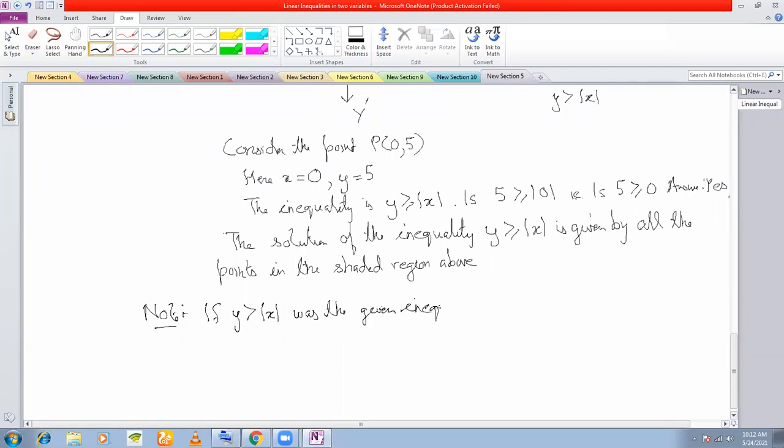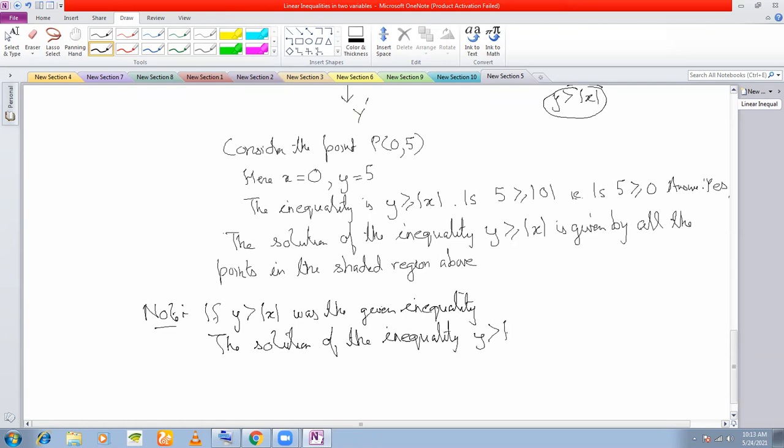Then what would have been the solution? See that we don't have an equality here, right? For y greater than mod x, we don't have the equality here, isn't it? So since we don't have the equality, now what will happen? The solution of the inequality, you'll proceed exactly in the same manner as we have done, but your ultimate answer will be the solution of the inequality